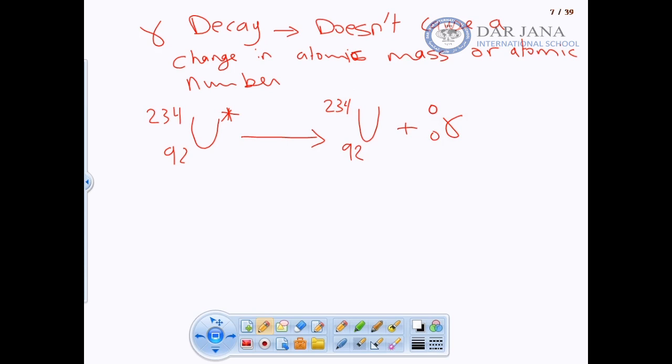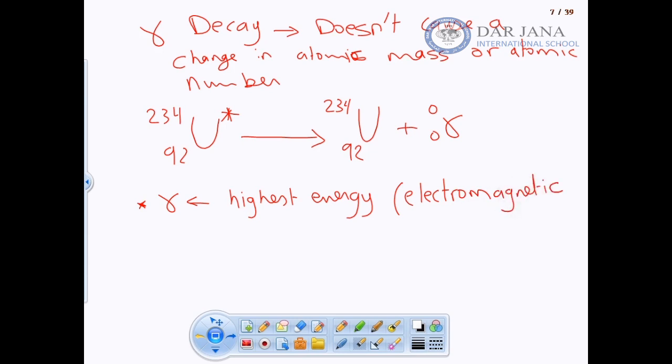It is the highest energetic. So gamma is the highest energetic particle. It has the greatest energy and the greatest penetrating ability or power, penetrating power. It can go through 12 centimeters of lead. It has the highest energy. It is an electromagnetic radiation. You have seen this before in the electromagnetic spectrum. The highest energy is the gamma,